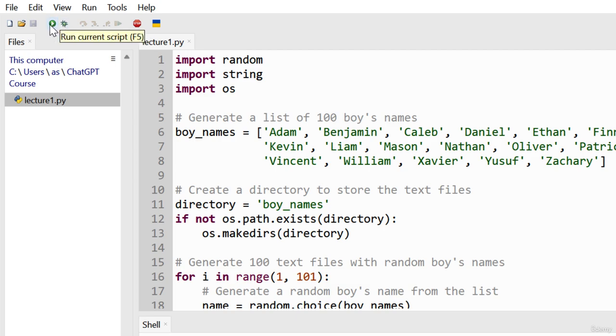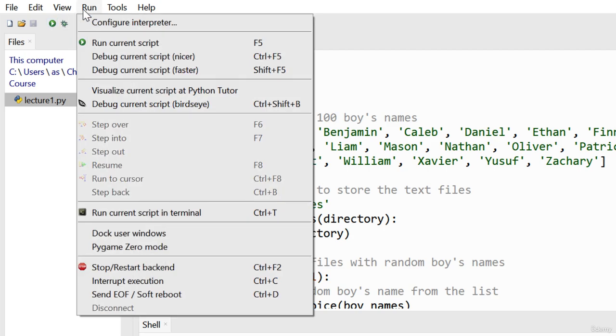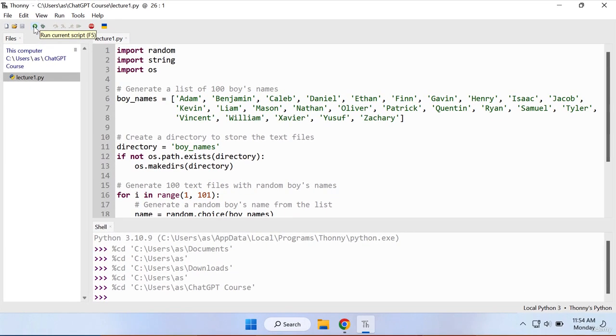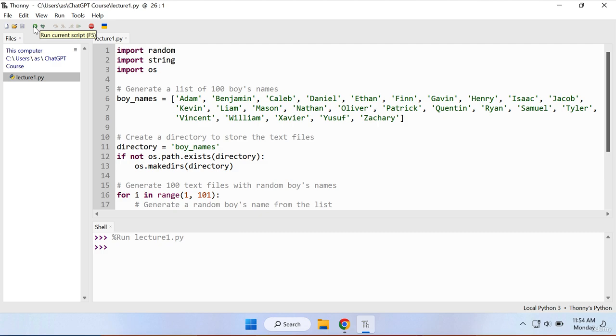So you want to press that, or alternatively, you can go to run and then go to this run current script, or you can also press F5 or whatever shortcut you see here. In my case, it is F5. So either way, I prefer to use this button, run that, and the program finished executing, and I'll show you